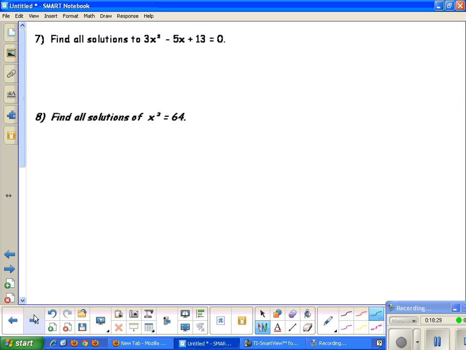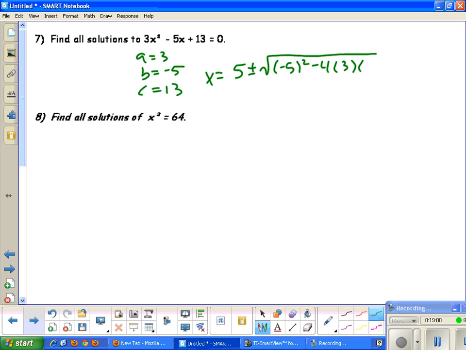If we look at number 7, it says find all the solutions to 3x squared minus 5x plus 13. Since it's quadratic, I can use my quadratic formula to find my solutions. So I know a is equal to 3, b is equal to negative 5, c is equal to 13. Make sure it's in standard form before you do that, and then you get x equals negative b, so negative negative 5 is positive 5, plus or minus the square root of b squared minus 4 times a times c, all over 2a. And when I simplify this, I get